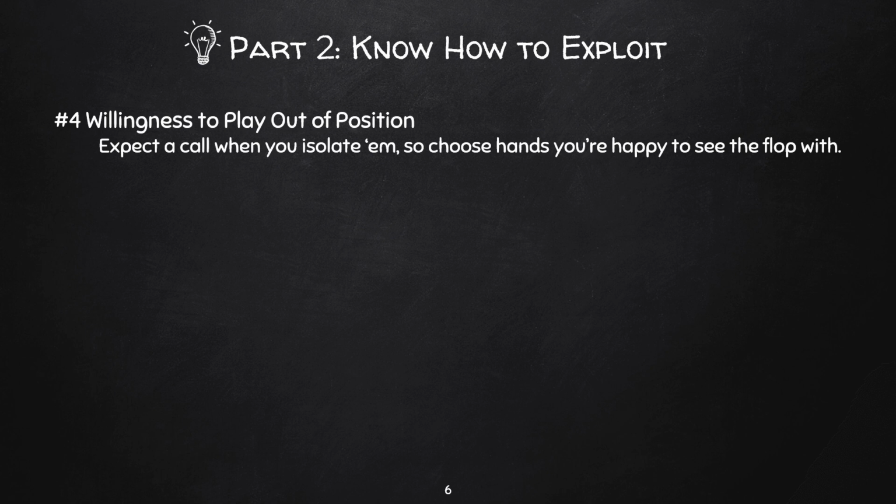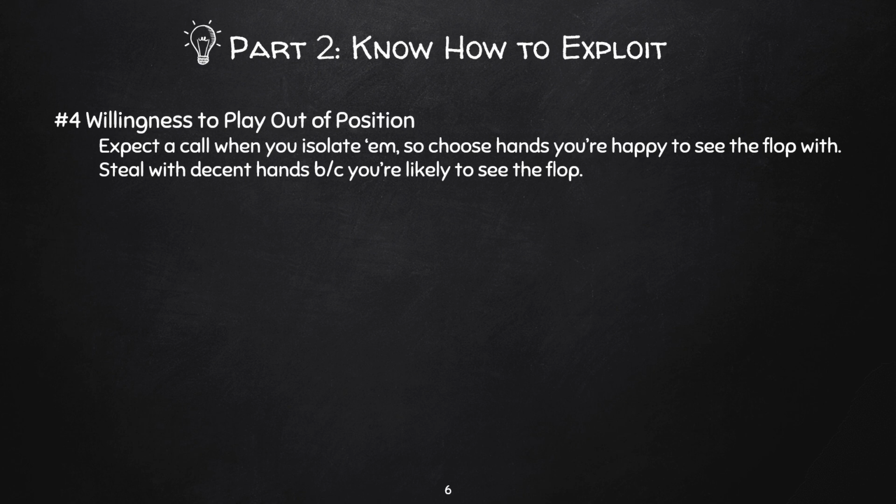And the second exploit, don't bluff steal with little equity hands like jack deuce offsuit. They're totally happy with calling and playing out of position. So don't steal with these hands that you just don't want to see a flop with. You want to keep your steals restricted to decent hands that can compete with wide calling ranges on the flop.